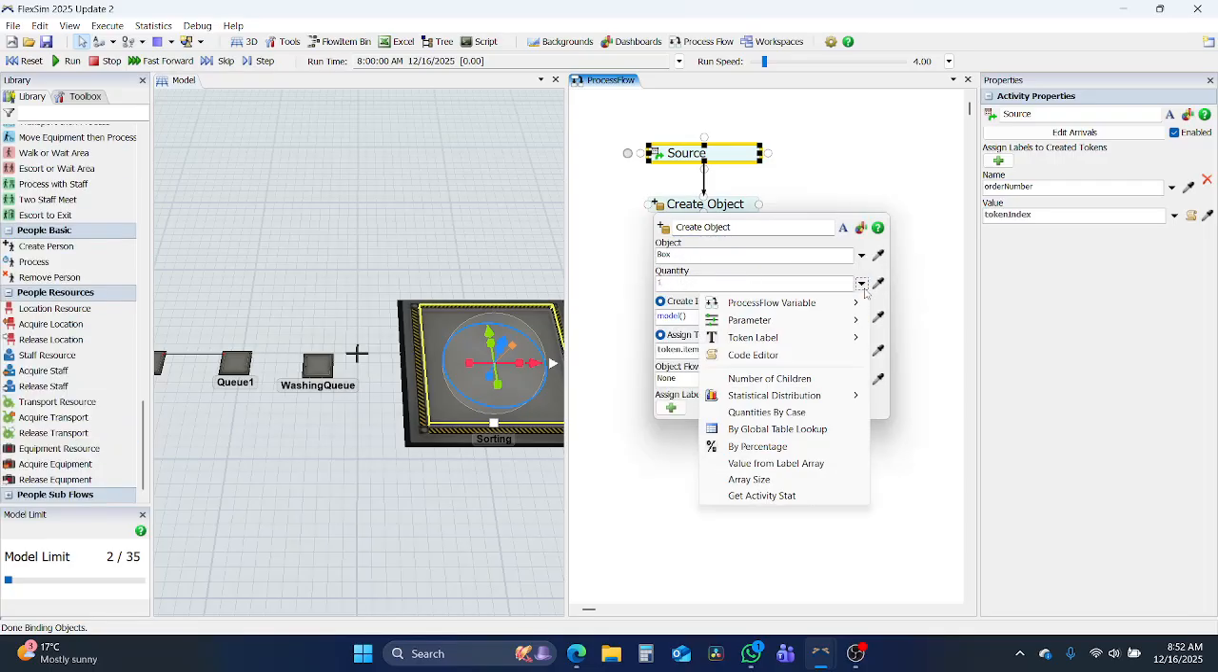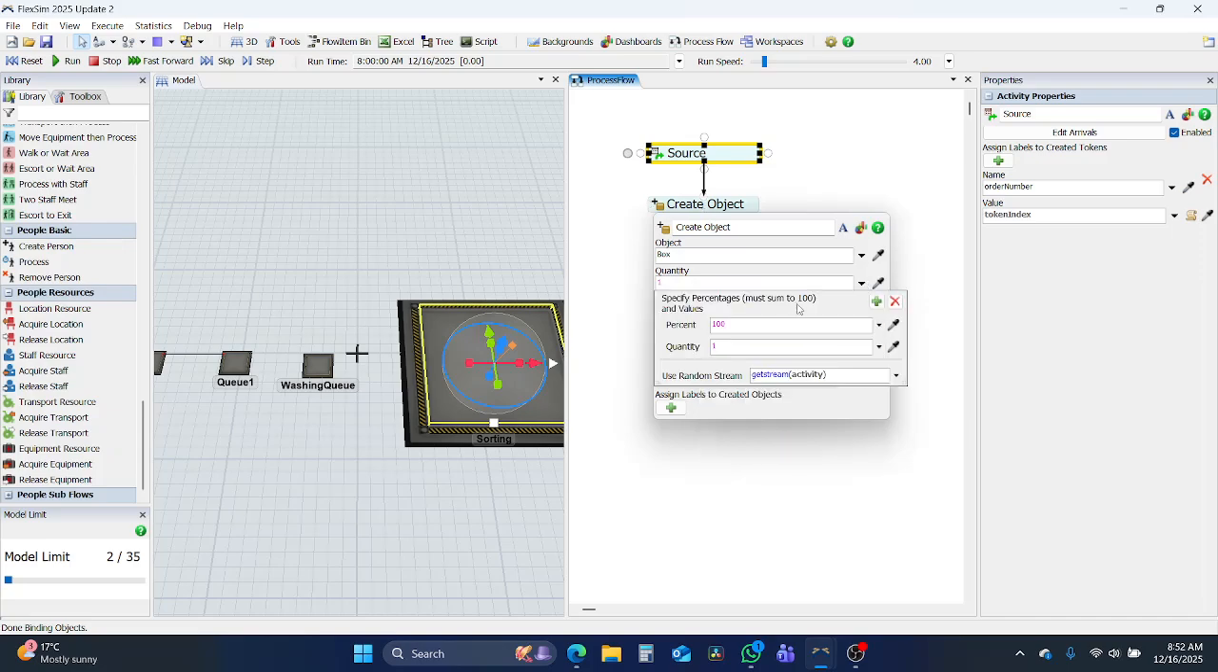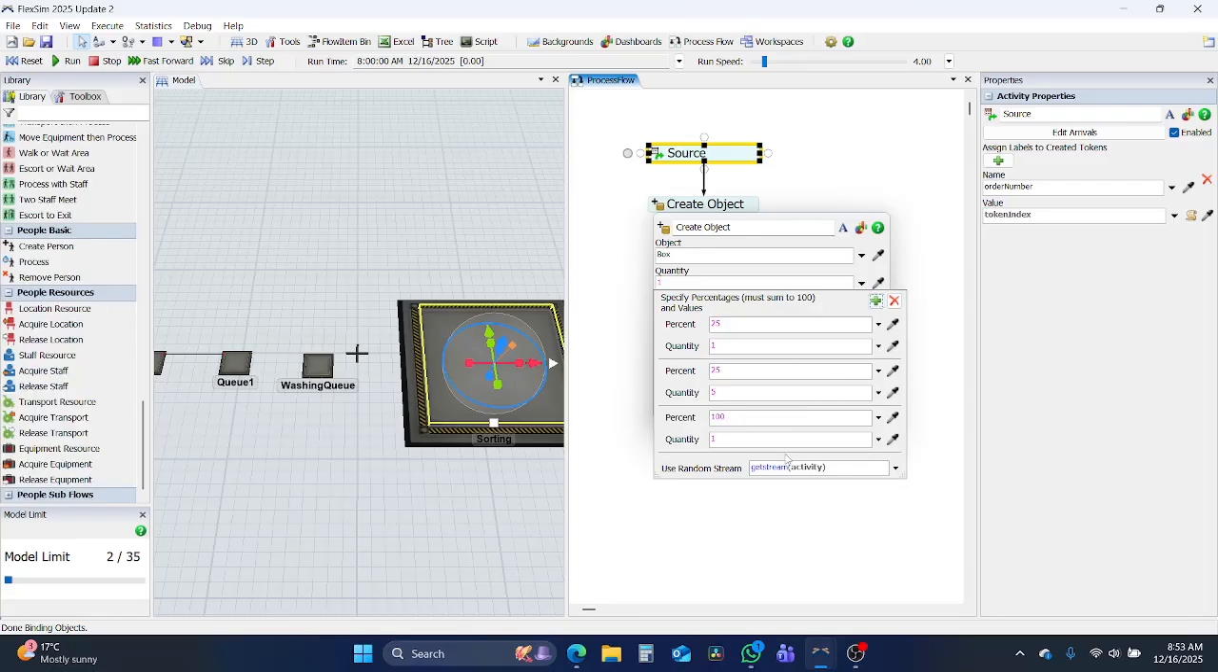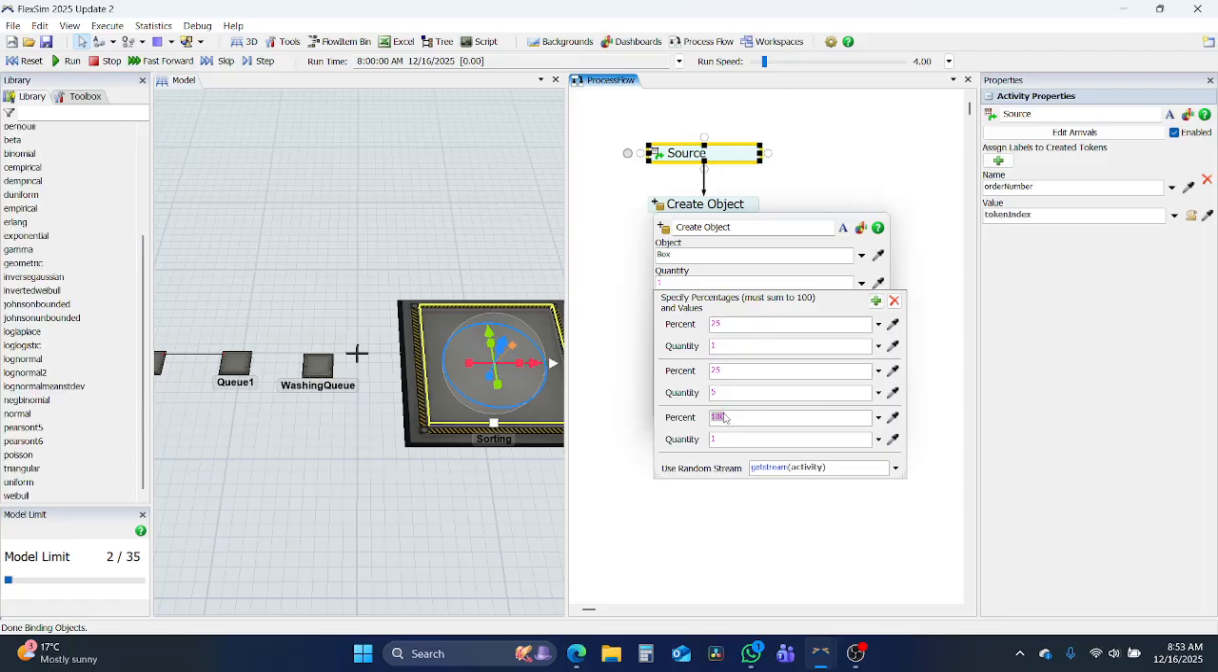Quantity, we're going to do it by percentage. So let's say 25% of the time it's going to generate one box, then another 25% is going to generate around 5 boxes, another 50% is going to generate around 10 boxes. Okay,